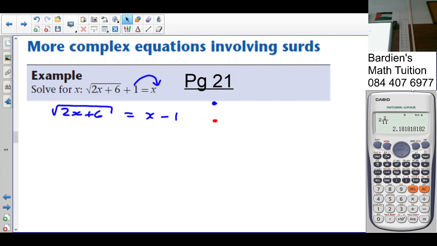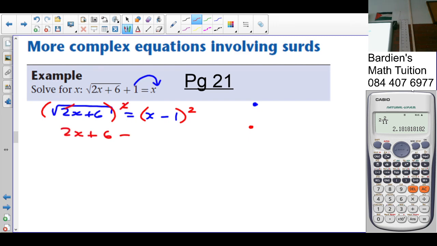And why do you think I want to square both sides of the equal sign? So we can eliminate the square root, not so? So let's square both sides of the equal sign. That's your next bullet. So if I square both sides of the equal sign, what do I get? The square root cancels the square. Leaves you 2x plus 6 equals